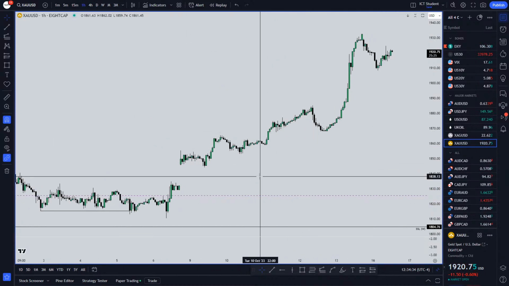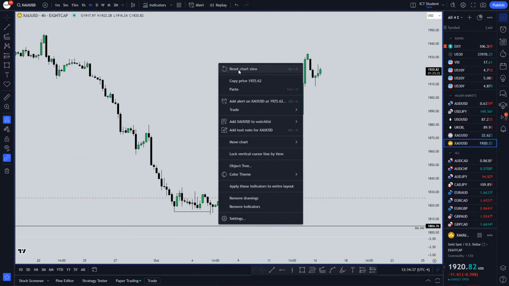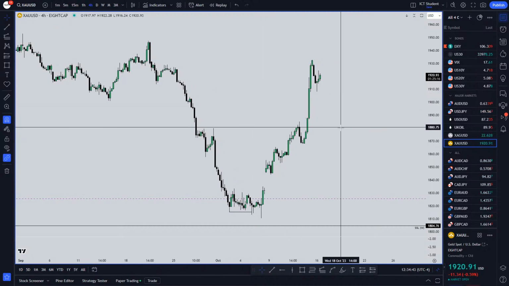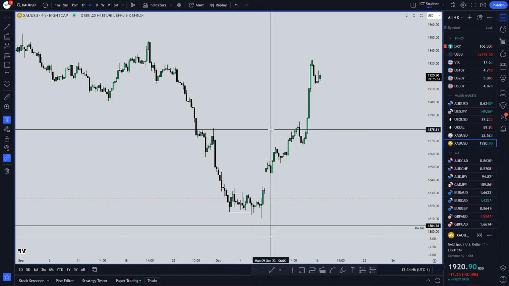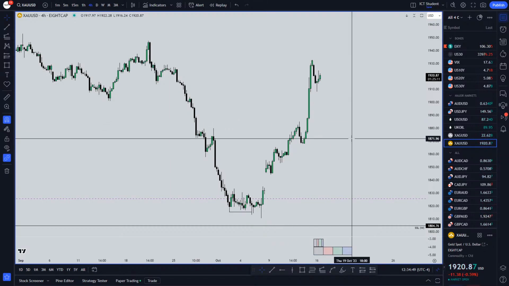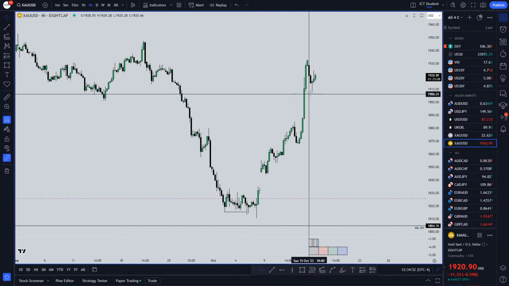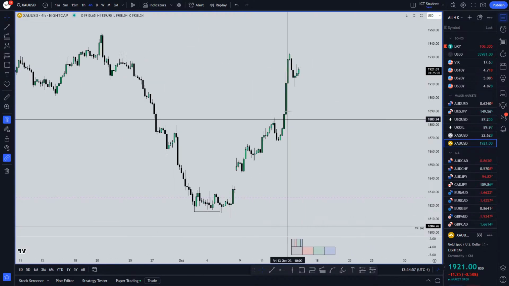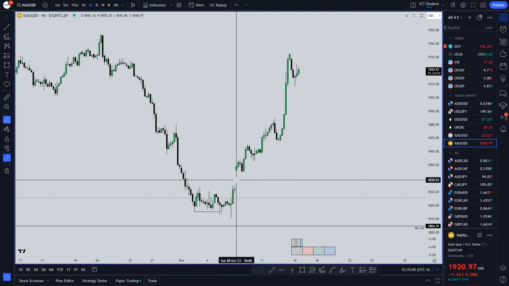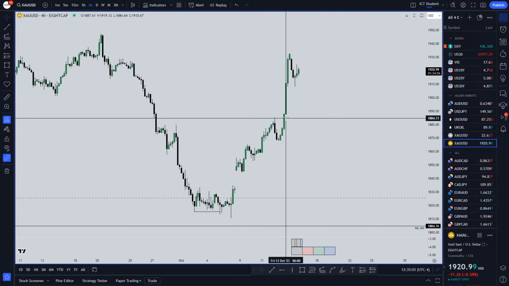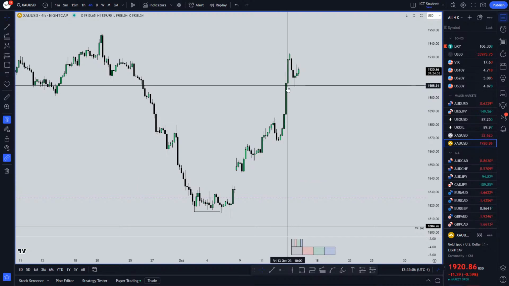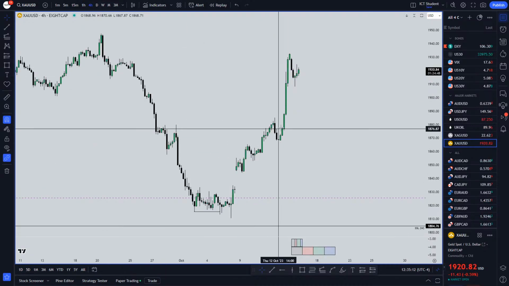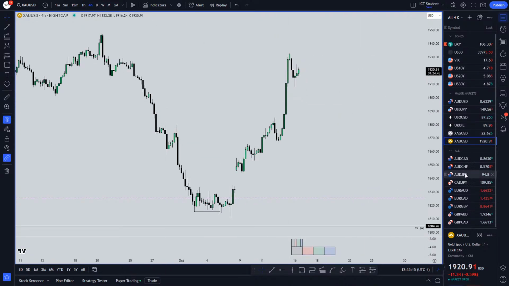These are very manipulated markets, especially since they're commodities. They're real world items that have a value to them, and it can be driven at any second by any impact in the world, from a certain country, person. But yeah, we just gapped up. I do think we're going to come down. Probably have to take out these highs and probably fill up an imbalance, but I don't know if we're going to come back down here. Probably later on in life, or throughout the year. But for right now, we're definitely going to come back and fill up these imbalances right here on the 4 hour. They're just too obvious, man. I'm going to come fill them up and probably rally higher if we have to.